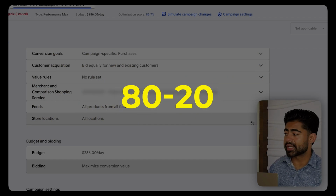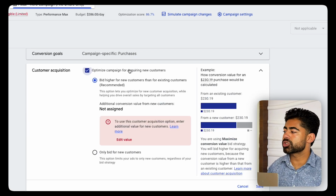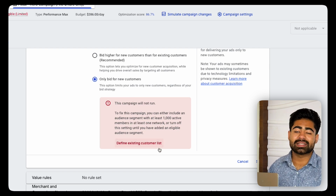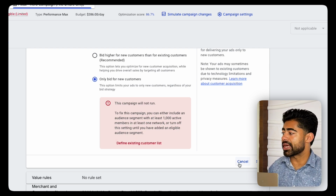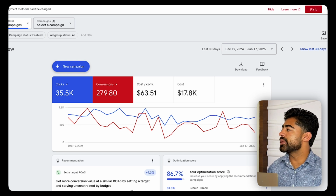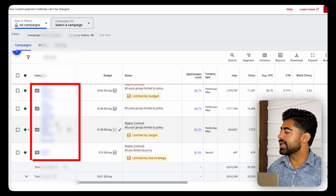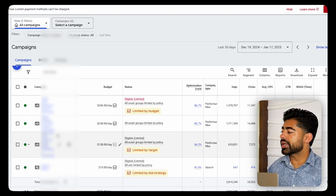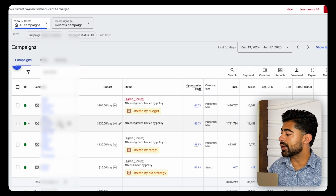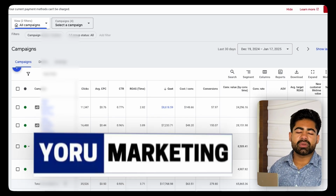So the best way to do that normally is to launch separate approaches and separate strategies where it's only going after new customers. In this situation, they don't even have an existing customer list, so we can't even do that. But this is where we understand what the approach should be on the Performance Max campaign side of things. In total, they have 3 different Performance Max campaigns. Basically, all these 3 are segregated based on the actual purchase volume of the products and if they're profitable or not. So that's not a bad approach, but normally for a lot of the brands we work with under my agency,